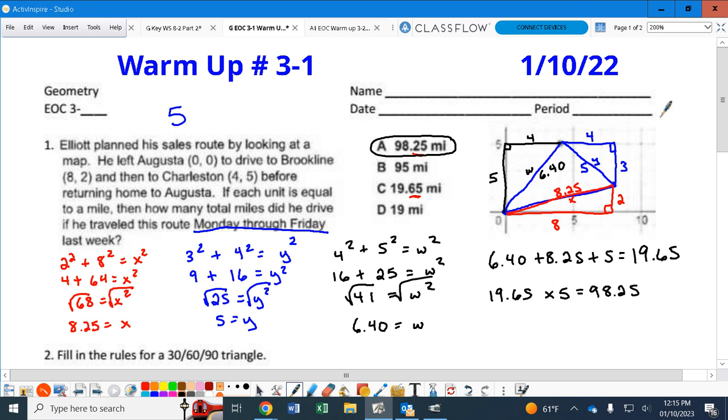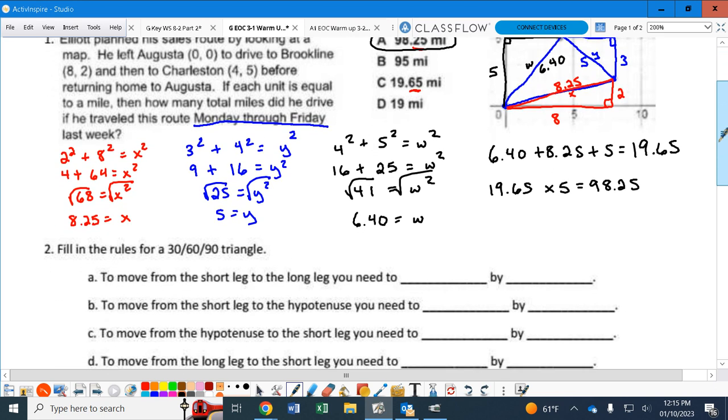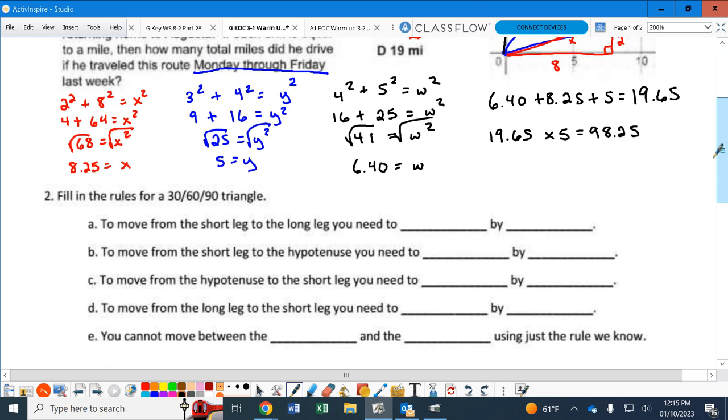Okay. So the last part of this is just reviewing the concepts for 30, 60, 90 triangles. Okay. If you're going to go on, this is not yesterday's. Remember, radical 2 for yesterday's. That's on 45. It's the only magic number. Today we're dealing with the 30, 60, 90. If we had a 30, 60, 90, and you do not have to draw this, I'm just sketching it real quick so we can see this. If you had a 30, 60, 90, if I am going to move from the short leg to the long leg,